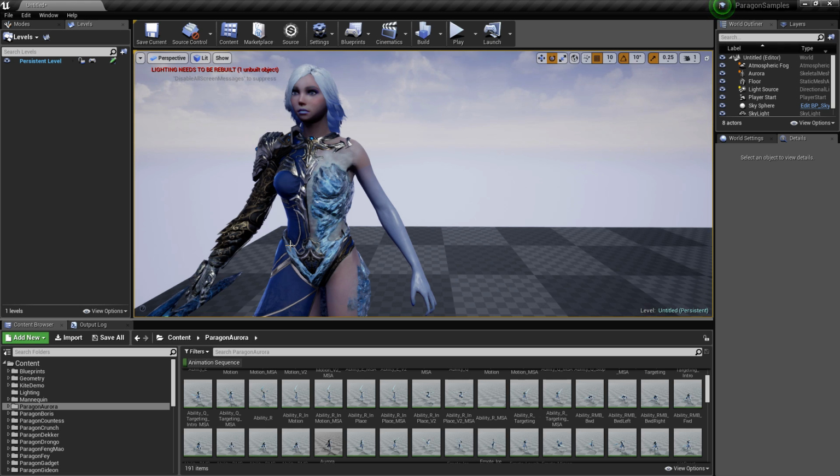Then with the rig that you want to retarget to, you would bring that in and create it as a characterized rig, and then you would transfer the data from the characterized rig in character A to the characterized rig in character B. Now this is useful information because currently the retargeting feature in Unreal 4 is not very useful as far as being a usable tool directly within Unreal 4, but